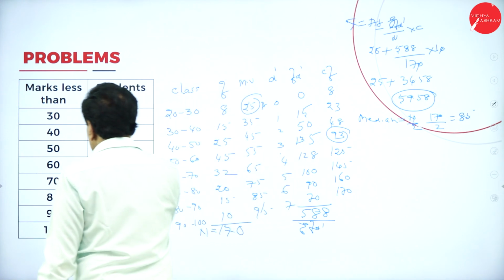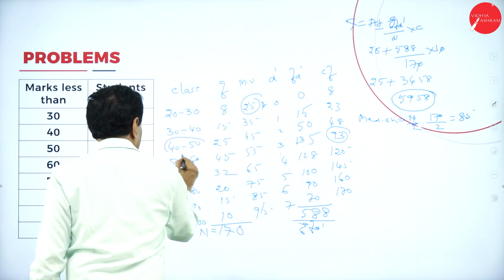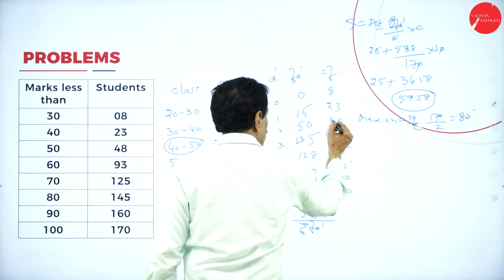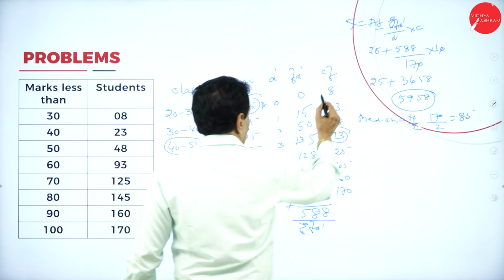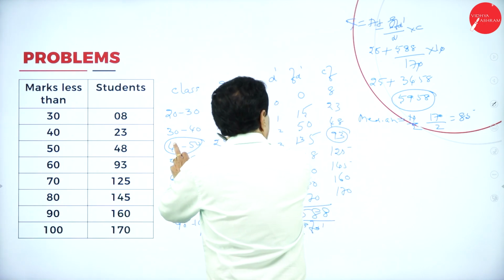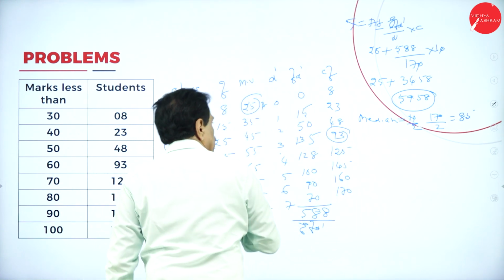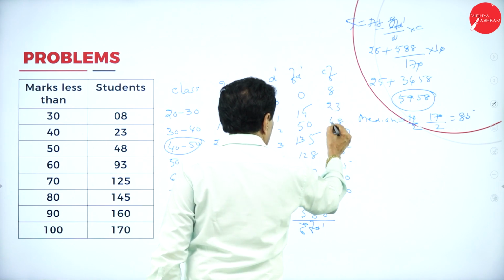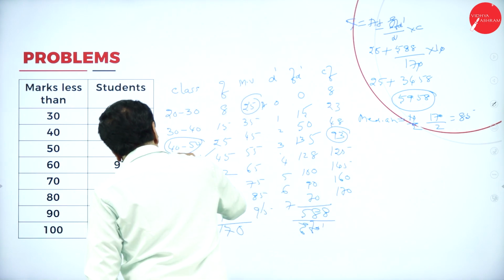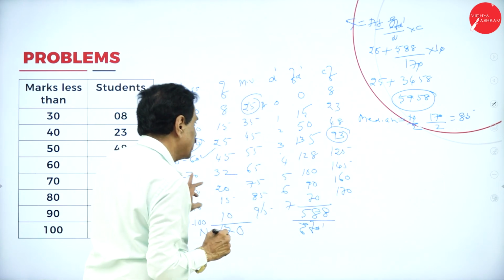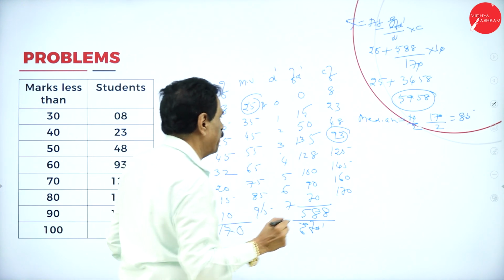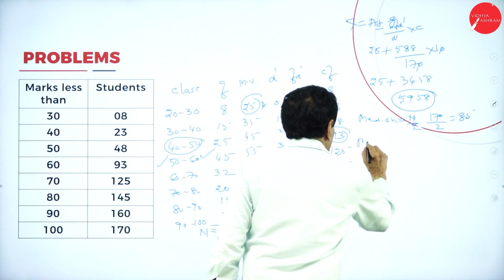So the range is 40 to 50. This is 1, 2, 3, 93. 20 to 30, 30 to 40, 40 to 50, and 93 is in the 50 to 60 range. So your class is 50 to 60, 93. Apply the median formula. Median is equal to